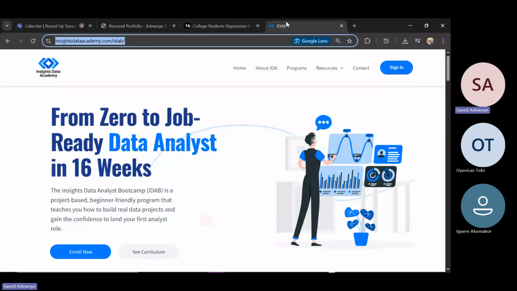That's okay. You do this small, then they will say there's one free 7 days, you go there again. There's one free non-paid internship, you go there. It's just an unstructured way of learning. Let me put it that way. IDAB basically provides a solution to that. How can you be a data analyst that will contribute value to any organization in which you find yourself, whether in the business world, the academia world, or the tech world, any niche or any industry that you can think of.